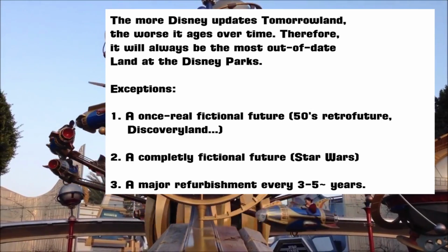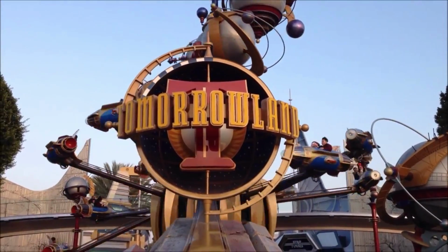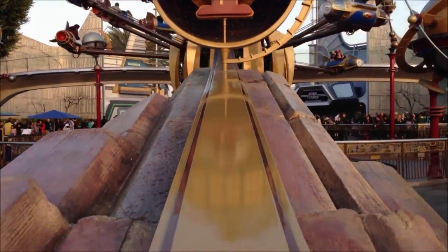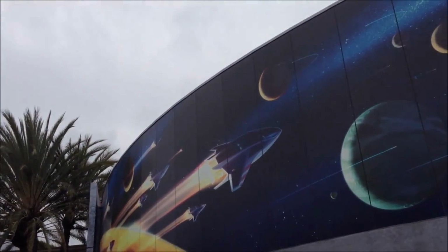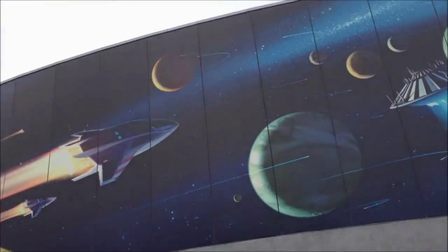Exceptions being, of course, a once real fictional future like 50s retro future or Discoveryland at Disneyland Paris, a completely fictional future like Star Wars, or a major refurbishment every 3 to 5 years to keep it up to date